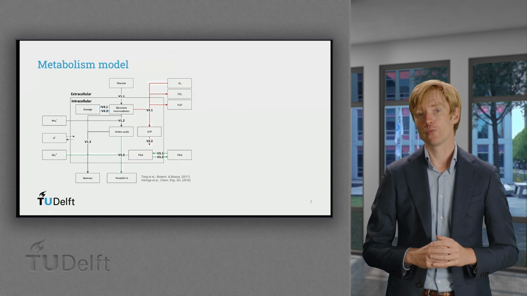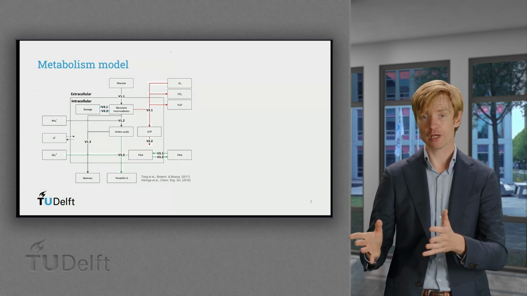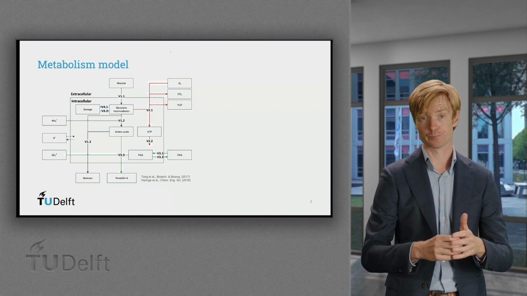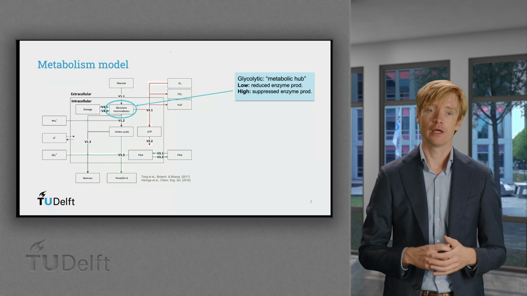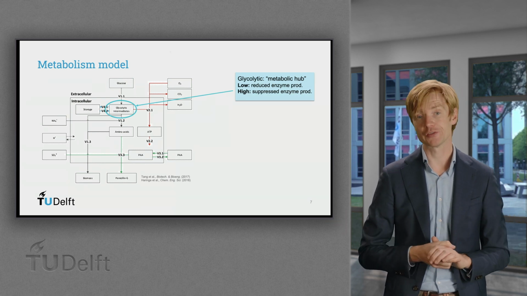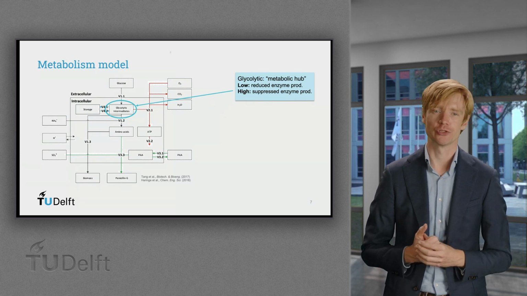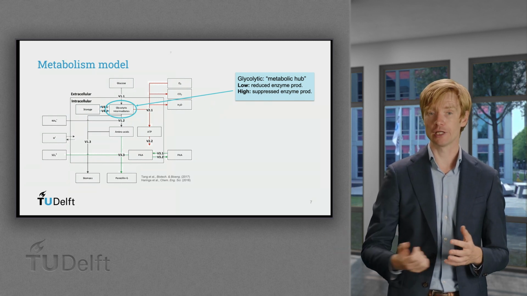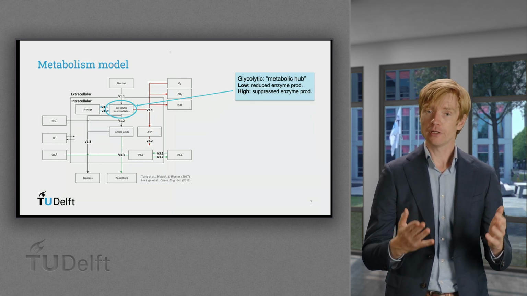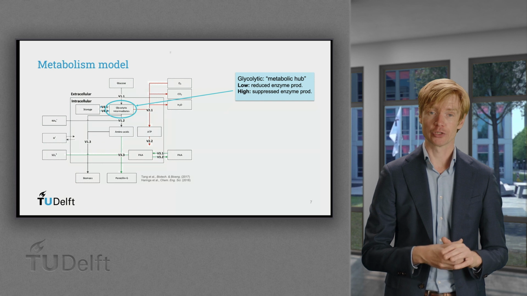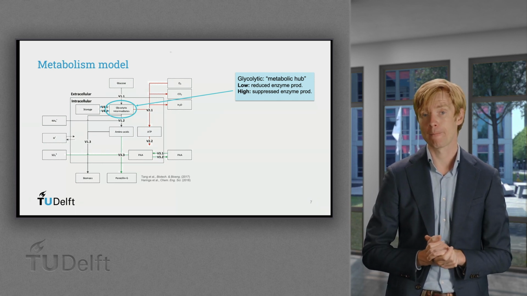For penicillin, we use a model with 9 intracellular pools, of which 5 metabolite pools and 4 enzyme pools. Most relevant for us are the glycolytic intermediates, and of course the penicillin-producing enzyme pool. The glycolytic intermediates are the readily available sugars, and these eventually regulate the penicillin enzyme production rate. Too little, and the energy-intensive enzyme production slows down. Too much, and production is also repressed.